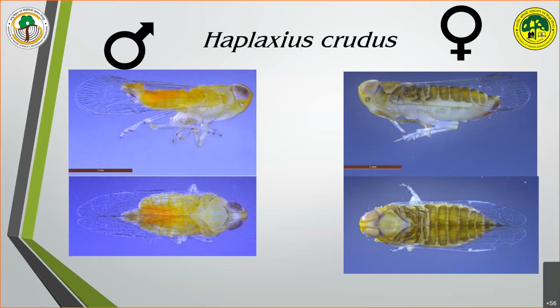So historically, lethal yellowing was introduced to the state around like the late